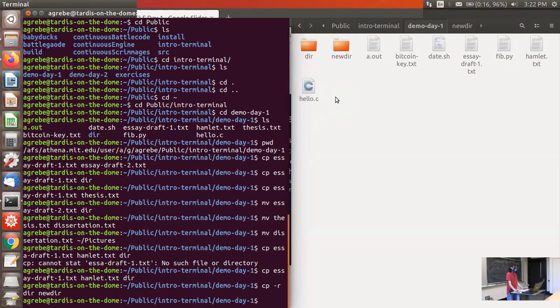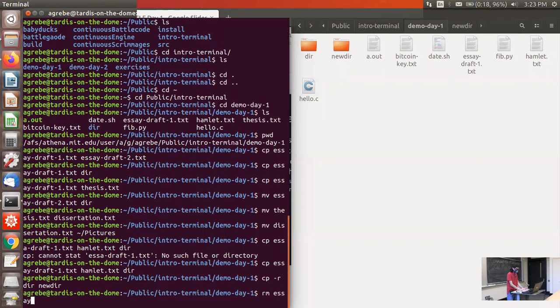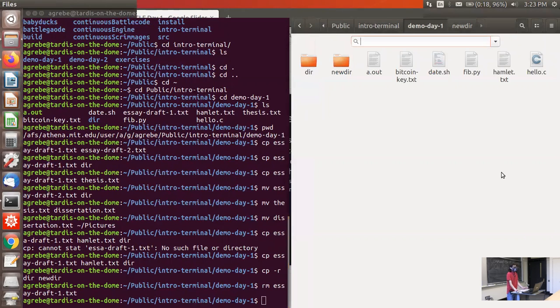And then there's another big operation that sometimes you want to do, and that's deleting files. Now, I said with copy and move that Linux does not prompt you for any warning. It does not give you any warning if you're overwriting things. And it's the same for deleting. So you delete with rm. So maybe I want to delete draft 1 of my essay, because now I'm on to draft 2. I can do rm essay draft1.txt. And now this is gone.